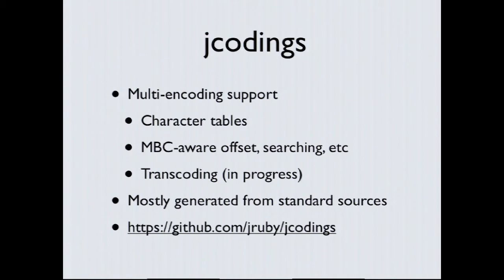It has information about the character tables, the multi-byte character offsets, how to do searches, character by character searches, and all the different encodings. And this is mostly generated from standard Unicode tables and information about these encodings. From the standard places, we create this, and that feeds into the rest of the system